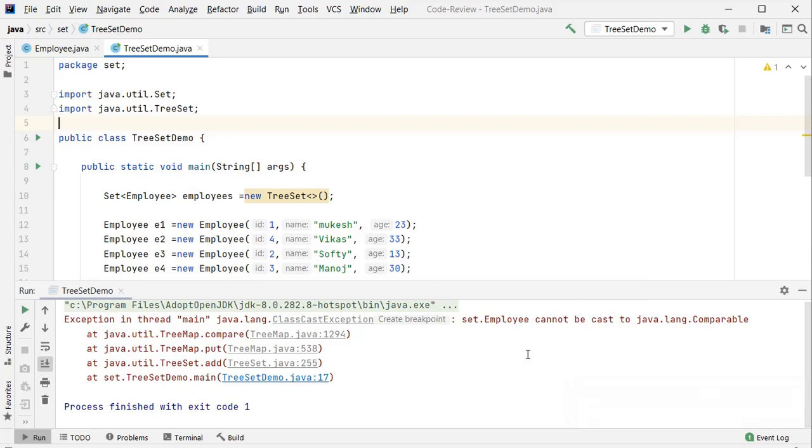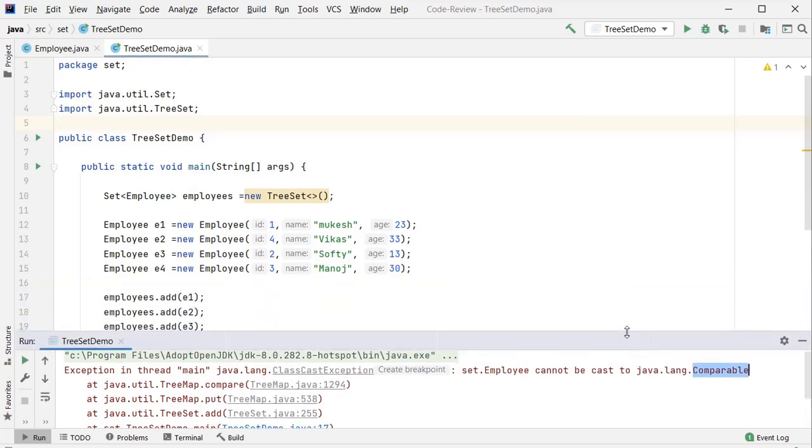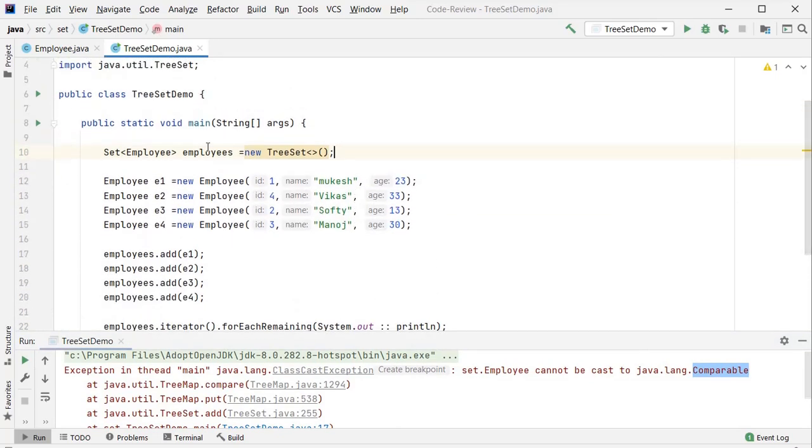So here you can see the exception, ClassCastException: Employee cannot be cast to java.lang.Comparable. So here I'll tell you, if you use any wrapper objects and String objects inside a TreeSet, then it provides sorting naturally. It internally uses the Comparable interface, and right now I added the Employee object.